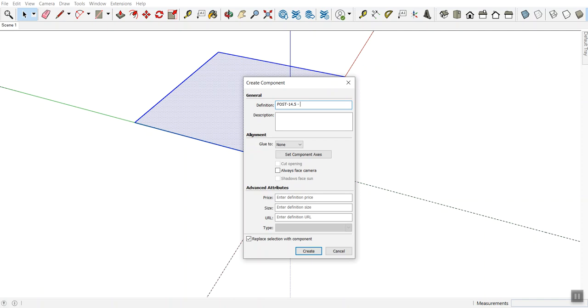Now what I'm going to do is tell me, and anybody else looking at this, what the dimensions of that post are. So I'm going to type in 3 space 1/2 for 3.5, and I'm going to use the inch mark. So I added that. I'm going to put in a space, a lowercase x, a space, and then I'm going to do it again: 3 space 1/2